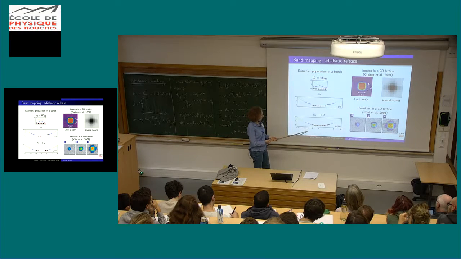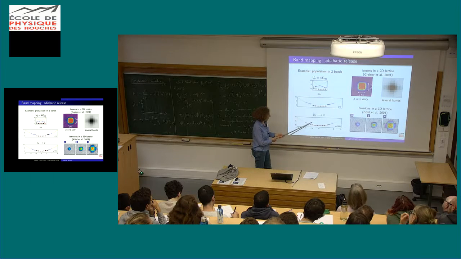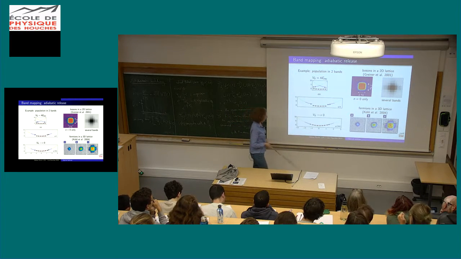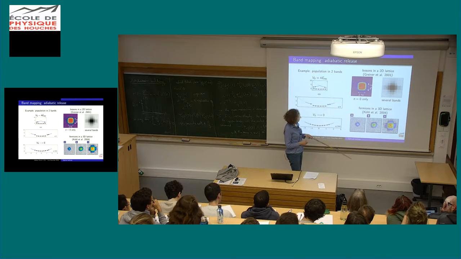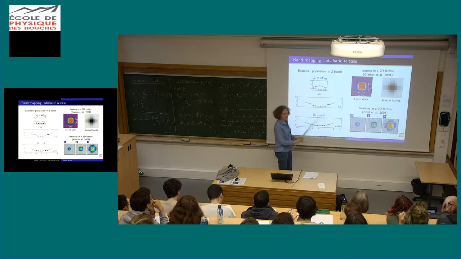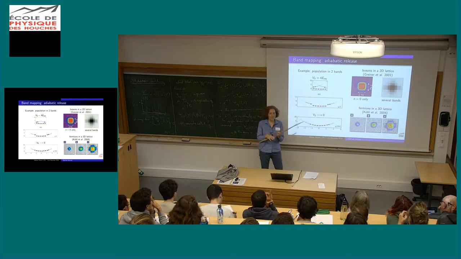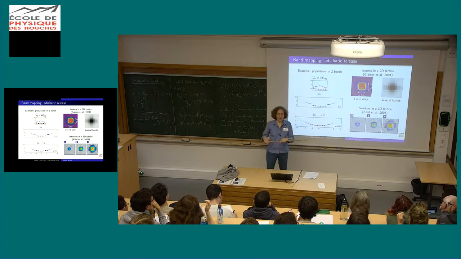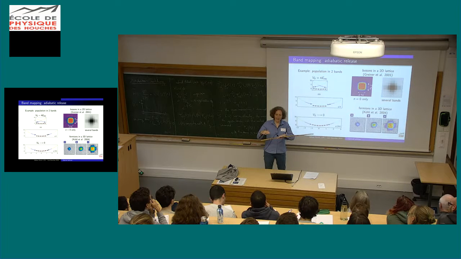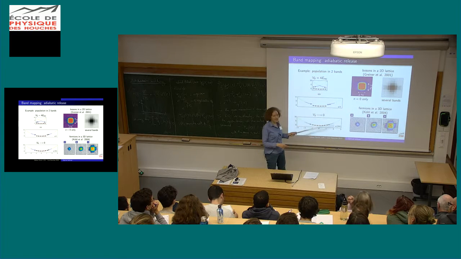So if you had only population in the fundamental band, you would observe only this part here. And the fact that there are atoms here means that there was some occupation in the first excited band. So this is an example where just the fundamental band is populated, but is populated everywhere. So this you do, for example, by exciting a little bit the cloud in such a way that you populate all the first band by giving some energy, but not high enough such that you populate the first excited band. So you give some energy, but still less than V0.